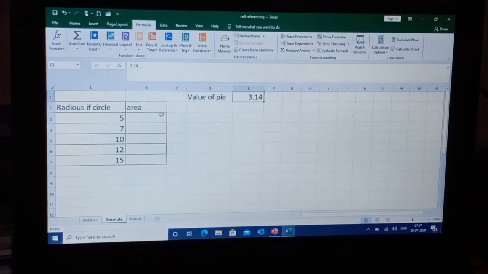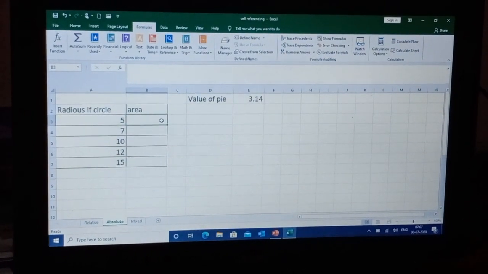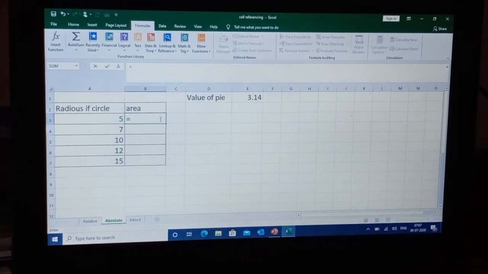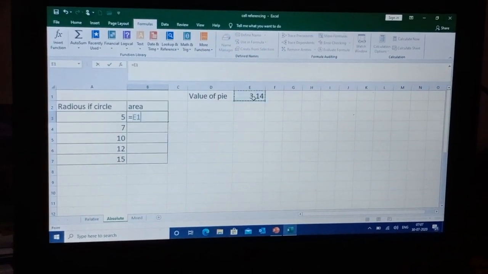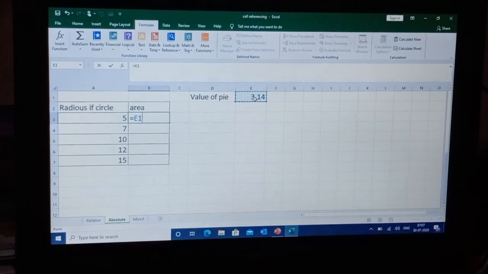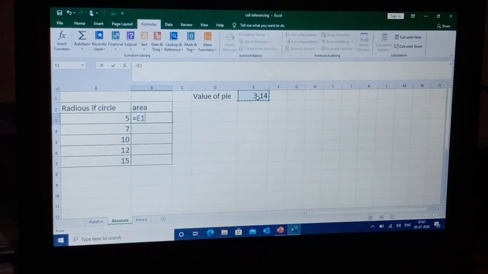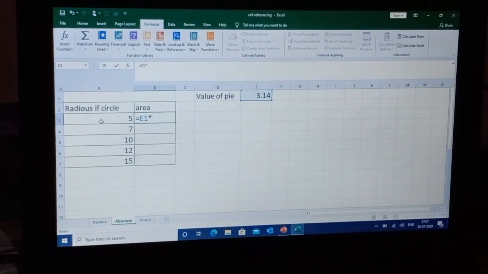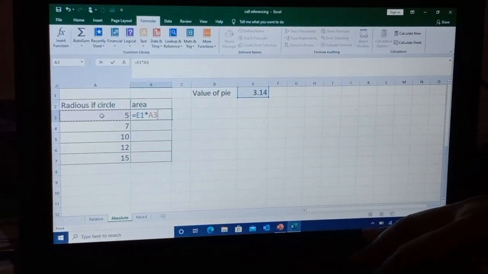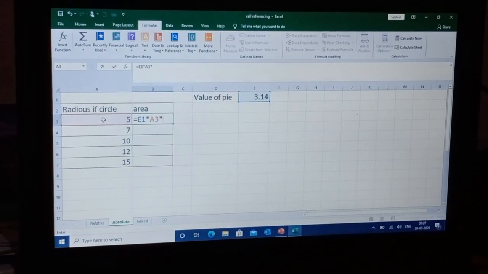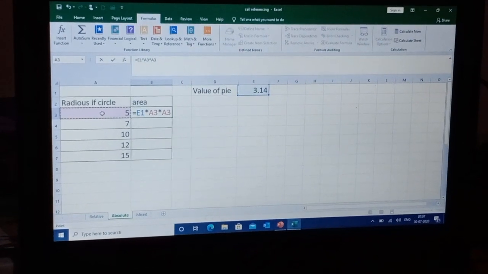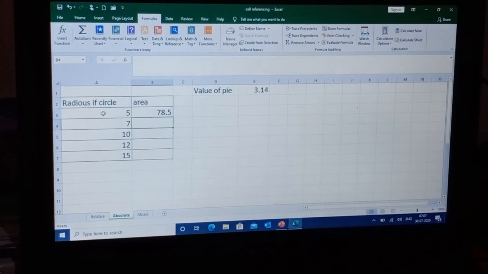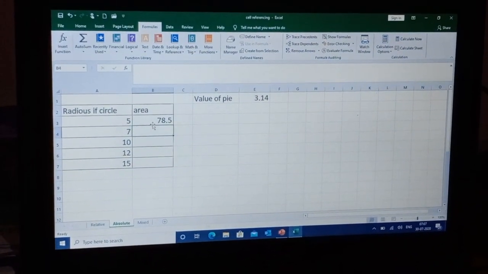Now suppose I give the formula equal to pi into r, meaning this value, into r again. I will press the Enter key. You can see the area is calculated. Now I'll copy the formula.